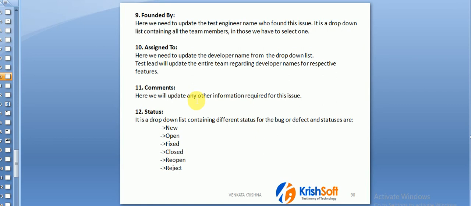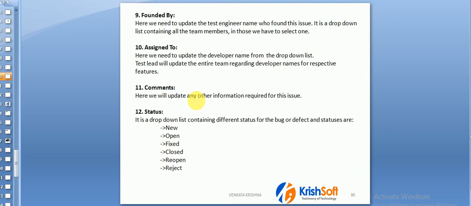Status, very important column. What is the status of it? What are the various statuses we have here? Whenever you are raising a bug, the status is new. For that bug, the status is new. New means you have freshly raised that bug. Then the development team will verify that bug.